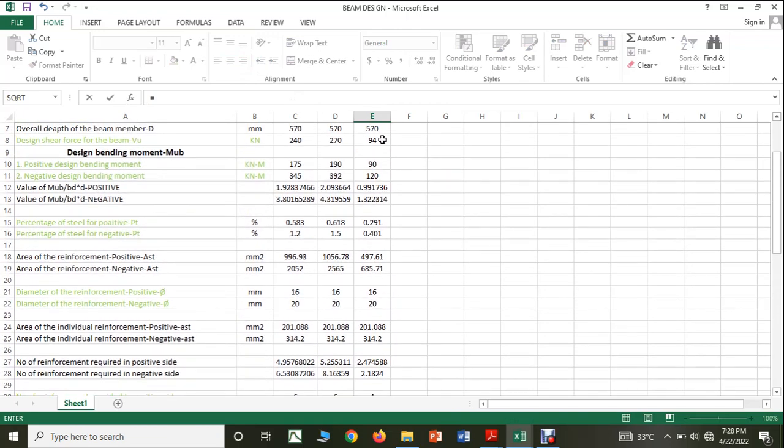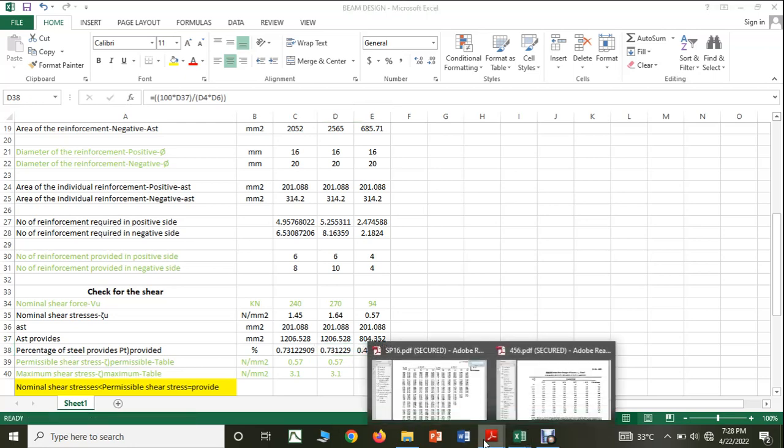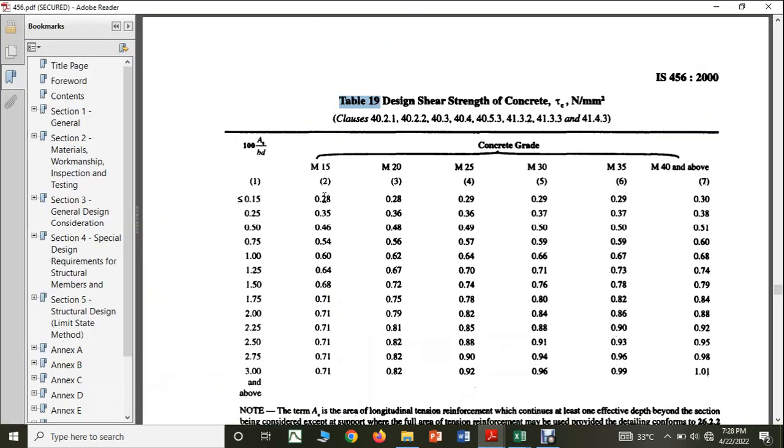Then next, the design shear force is already given, which I can directly take here, 94. When I calculate the nominal shear stress value, this will be the nominal shear stress, and this will be the Ast that you are going to provide. Therefore the percentage of steel, if you calculate, is 0.48. I can take it as 0.5, and from Table 19, for 0.5 and grade of concrete M25,